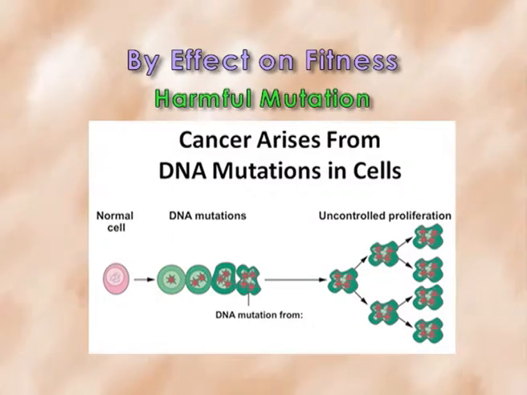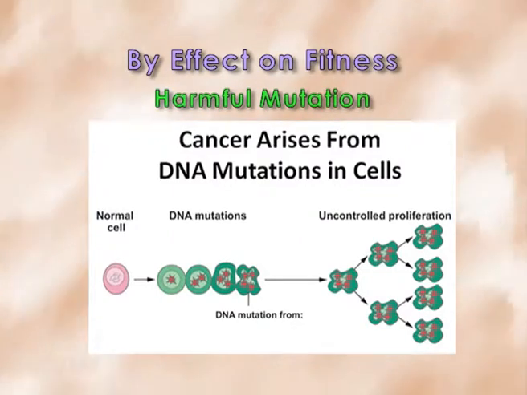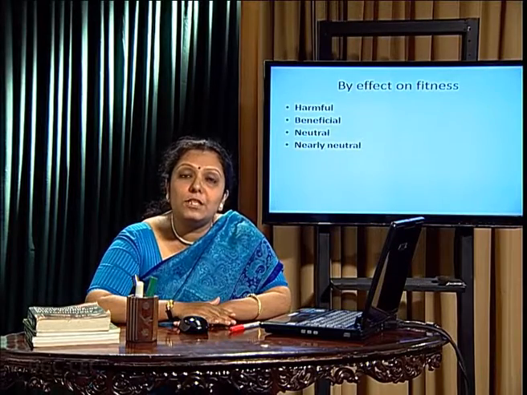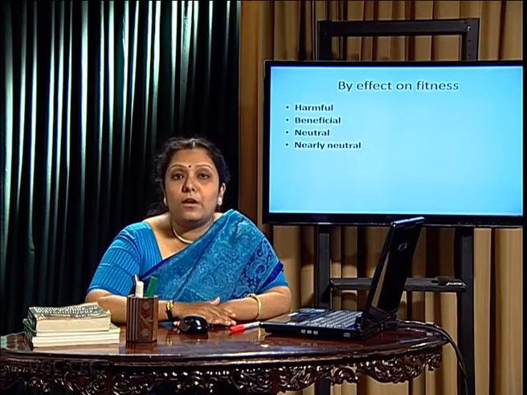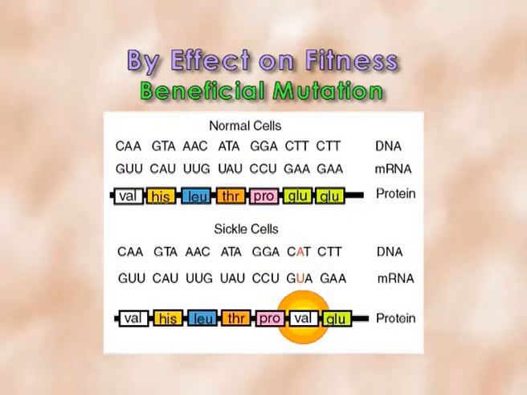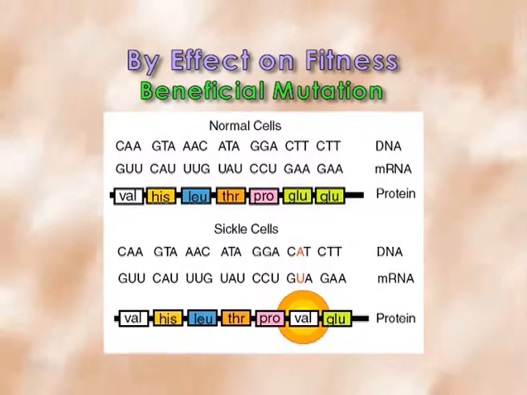The majority of cancer is actually due to this harmful mutation, according to a particular environment and the presence of a mutagen. Now, this harmful mutation is also called deleterious mutation, according to the fitness at a particular environment. They are not suitable in that particular stressful environment. Next, beneficial mutation. Beneficial mutations are also called advantageous mutations. Why? Because they have an advantage, they have fitness in that particular environment.